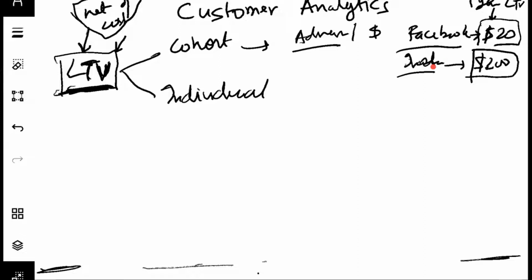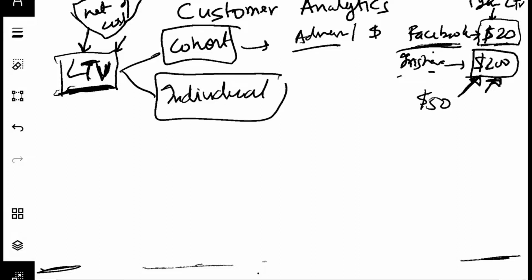So let's say when you know that this Facebook cohort generates $20, the customer's average value they generate is $20, whereas Instagram, it's $200. Now you are able to actually shift your marketing budget. You are able to treat them differently. You are able to even create rewards and programs based on the value, because somebody who's likely going to be generating $200, you can afford to give them $50 off. Whereas for the Facebook one, since their total value generated is $20, you would not want to do that. So that's one way of doing that, cohort analysis.